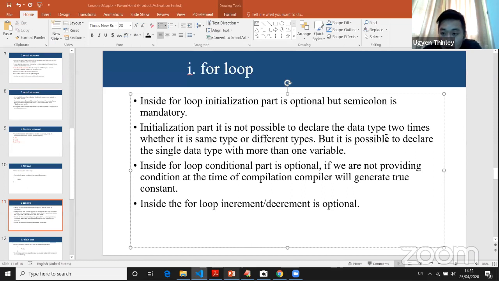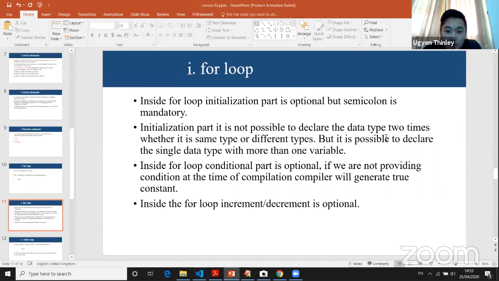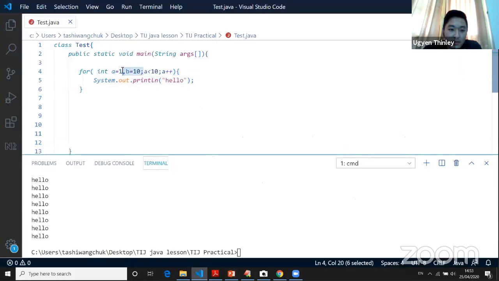Now the third point is that inside the for loop the condition part is optional. If we are not providing a condition, at the time of compilation the compiler will generate a true constant. So if we leave the condition part blank, during compilation the compiler will understand that